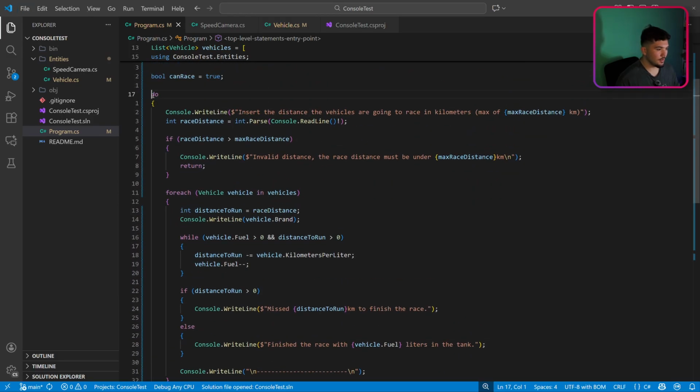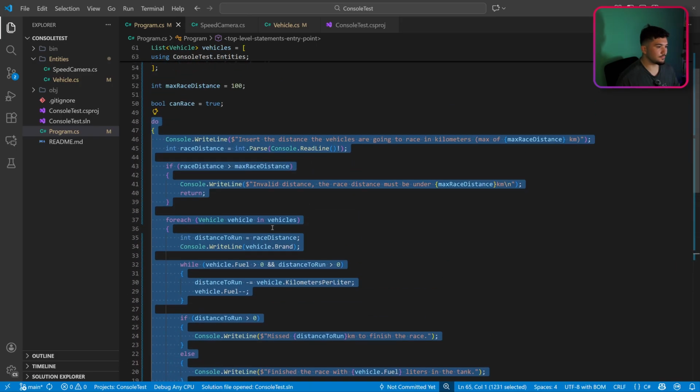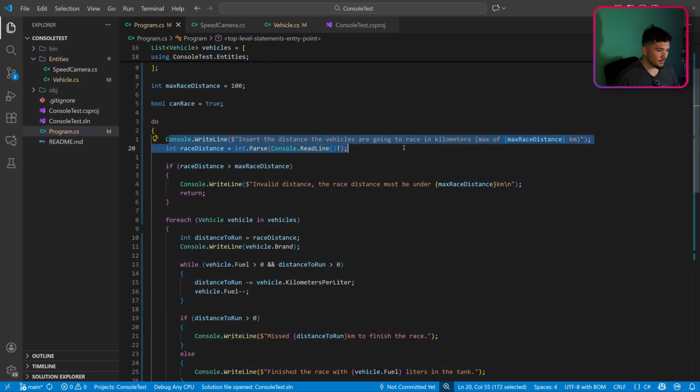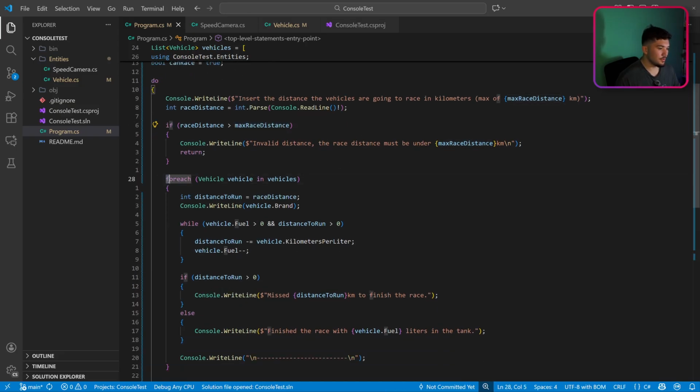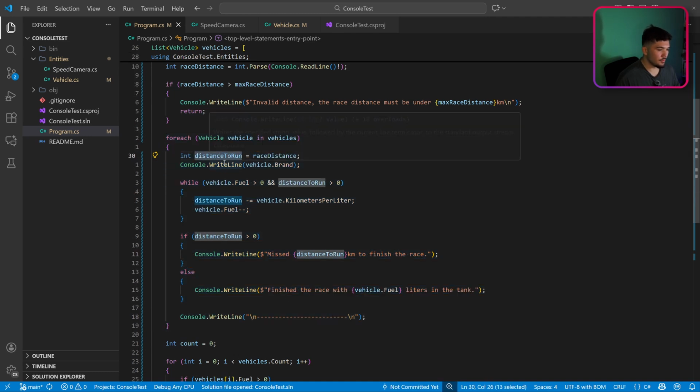And it is going to do this while this condition is true. We are going to ask the user to input the race distance. We are going to check if the race distance is greater than the max race distance that we set as a limit, then we are going to interact with our list and say for each vehicle we have this distance to run, and while they have fuel and there is distance to run, the race keeps going and they keep running, and we are